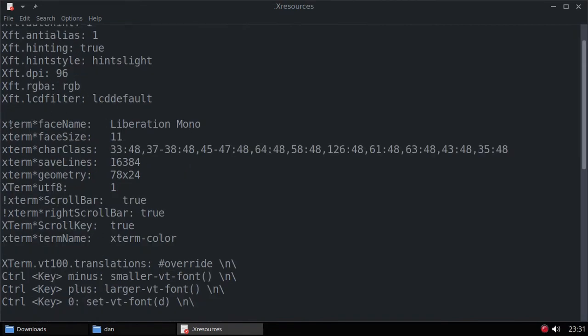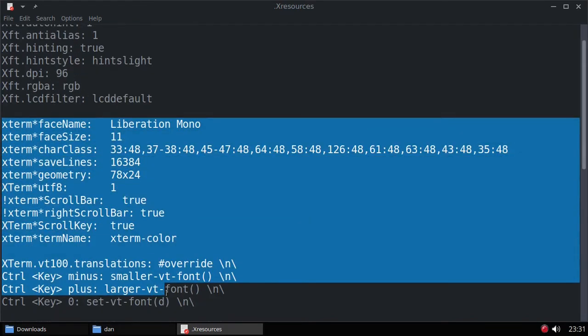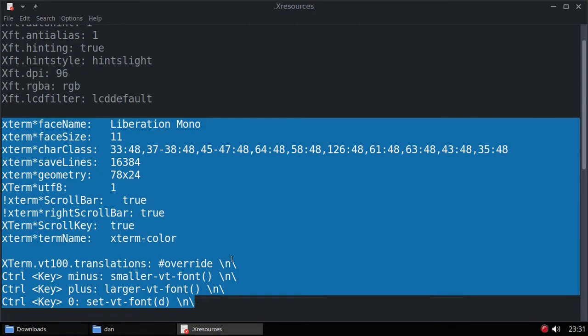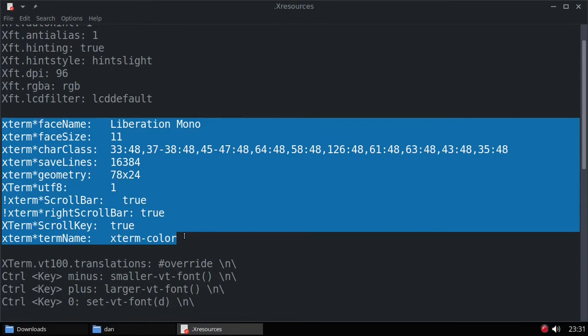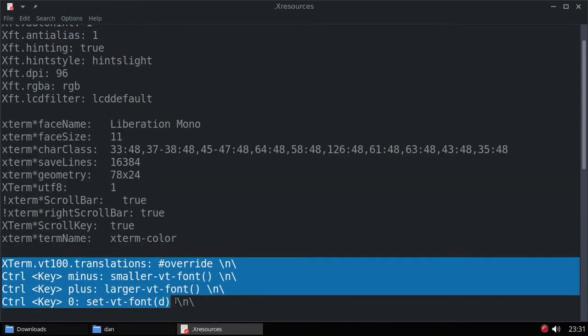But all this right here, from here down, has to do with Xterm. This first part here is what's making Xterm look halfway decent. And this part here, if I can highlight it, this is what's allowing you to increase the font and decrease the font in Xterm with keyboard shortcuts. Okay, you don't have to use this if you don't want to. If you're fine with that crappy looking Xterm,